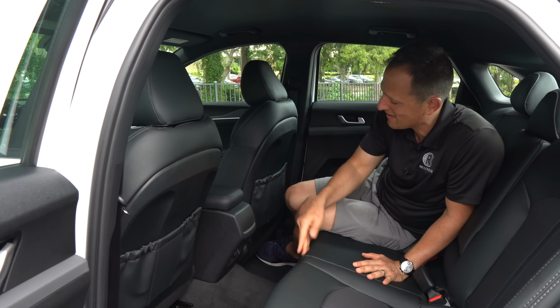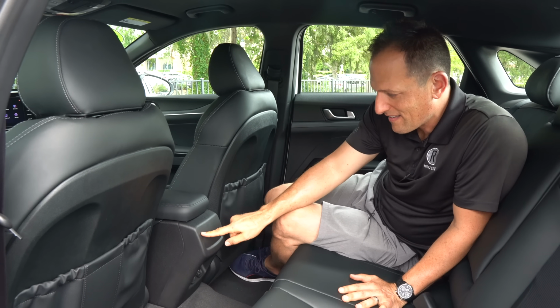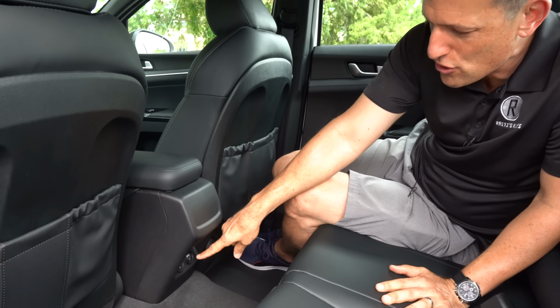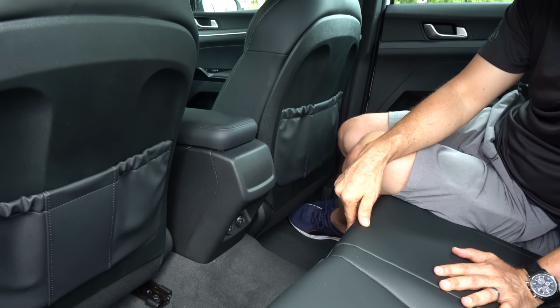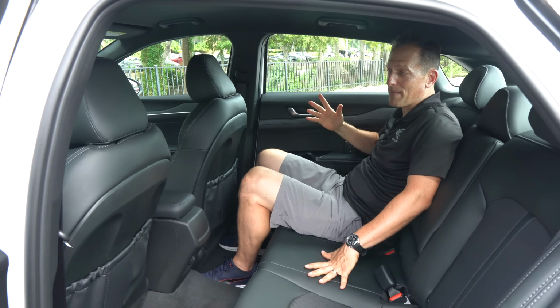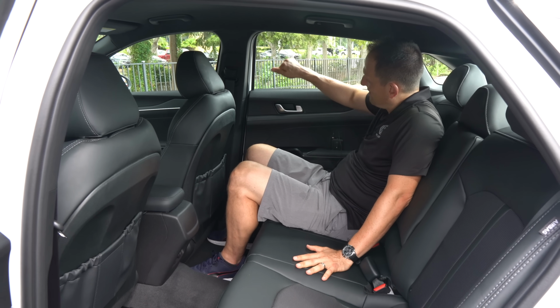I miss those days. Speaking of missing, I'm missing a couple AC vents. They would go perfectly right here, but down below you do have 2 USB-As. So they got you covered connectivity-wise, just not cooling-wise. Seats feel pretty good, and I just discovered something. After all this time doing a K5,